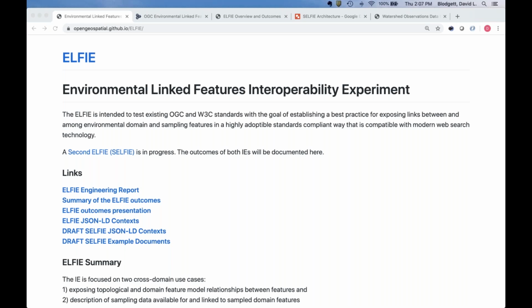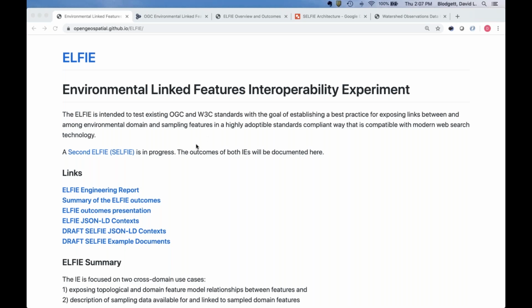So to that end, the overarching technical goal of ELFIE was to have a focused, simple approach to everything we were doing, so that it's understandable and approachable to a broad technical audience. That means focusing on modern web technologies, things where we don't have to write a lot of documentation because it's the way that people work already on the web, and you can just search around for solutions. But they address the use cases that we're familiar with in the environmental features and observations world.